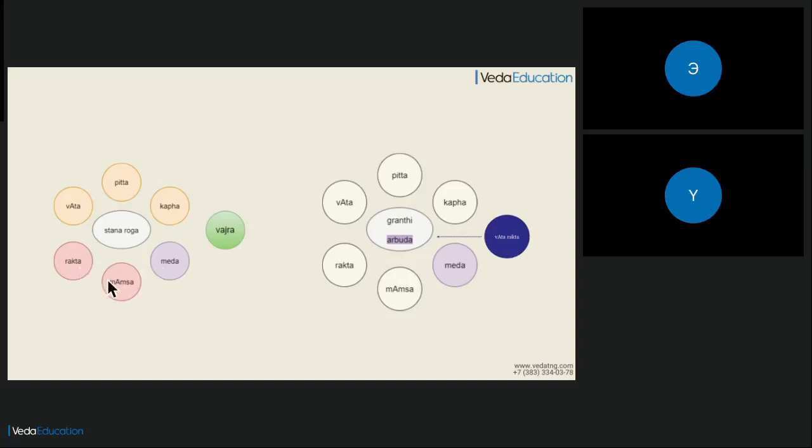So these tissues, dhatus, Rakta, Mamsa and Medas, physically, qualitatively and quantitatively, Rasa Dhatu as well, and the three doshas. These are the whole set of causative factors for any of the Stanaroga or breast disorders. And of these,